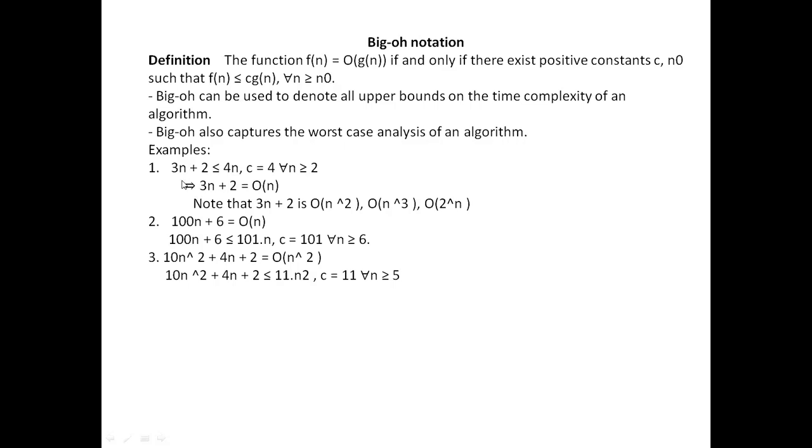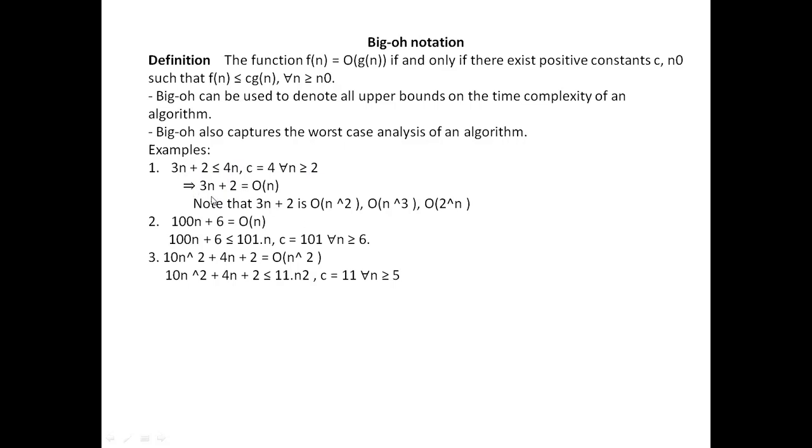So you can say 3n plus 2 is order of 4n. Usually this constant is not taken into account, so it is order of n. That is how we calculate this. So this 4n is the upper bound for the given function.